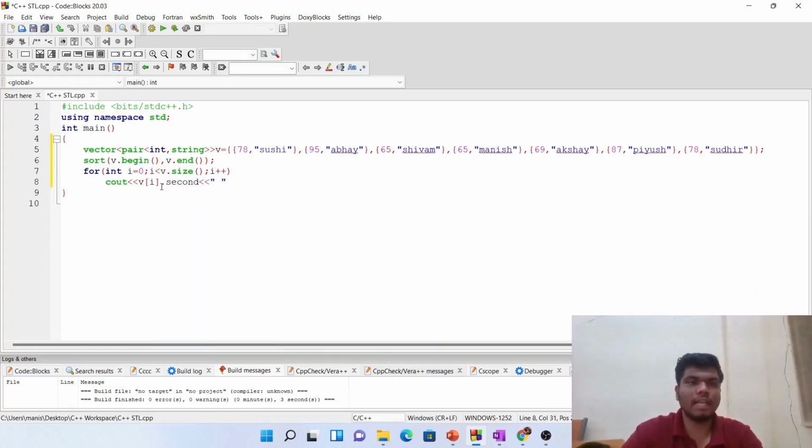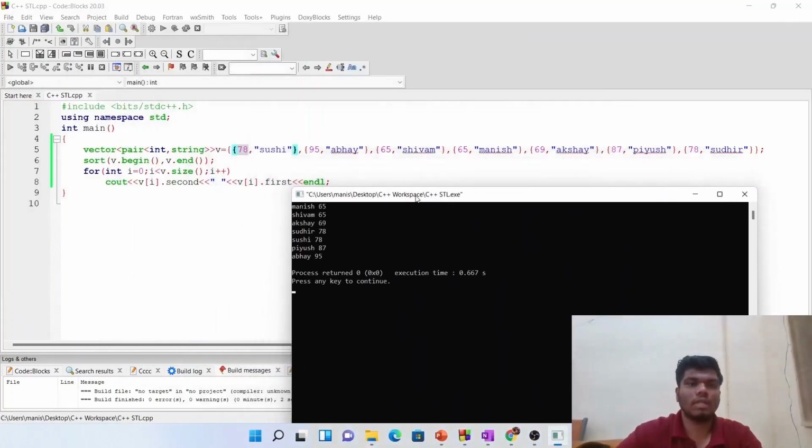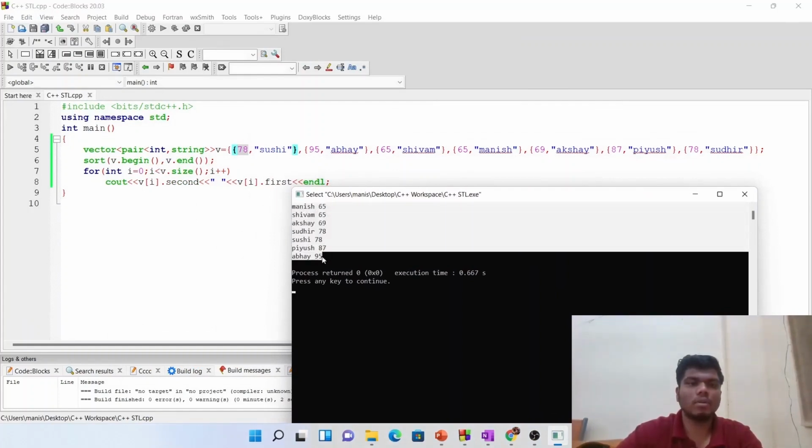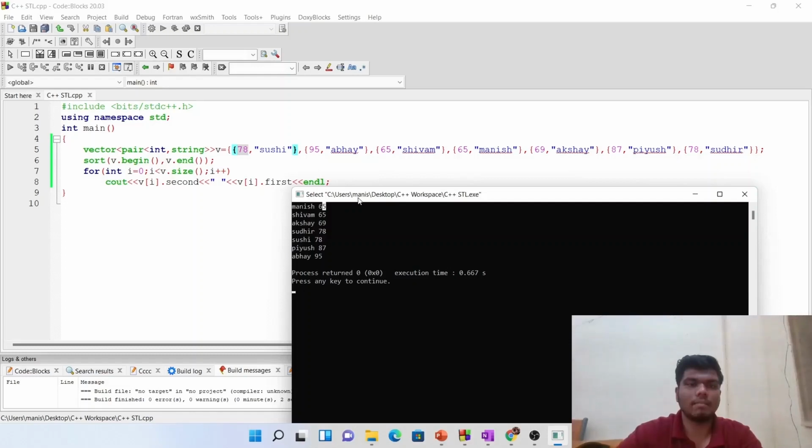So basically, I am accessing the name first and then their marks. I am accessing the ith element and then the first part of each pair. If I print this, yes, it has printed the names according to their marks obtained in the exam.